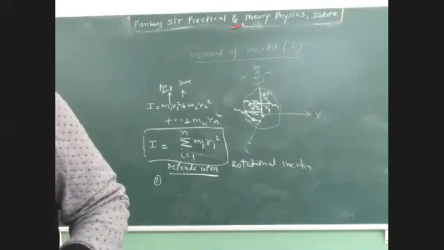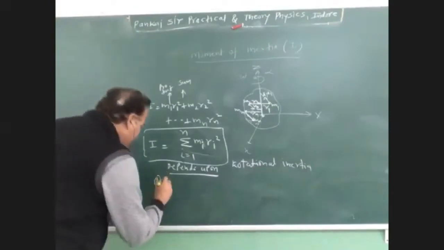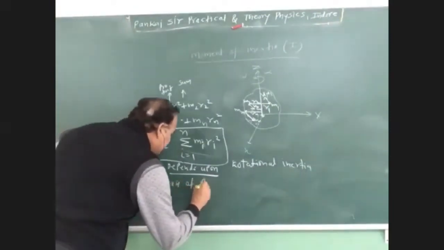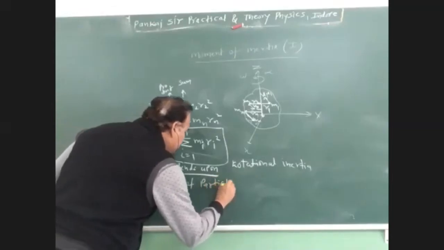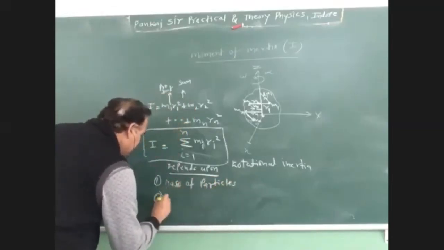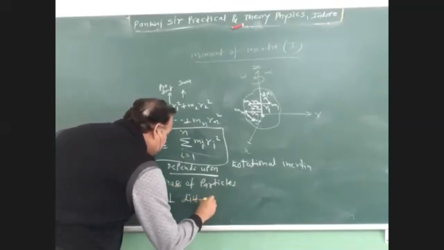So moment of inertia depends upon, किस पर डिपेंड हो रहा है, यह दिख ही रहा है हमको, mass of particles and perpendicular distance